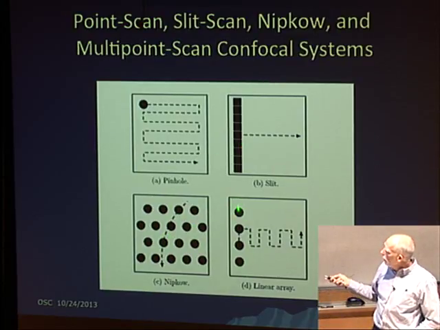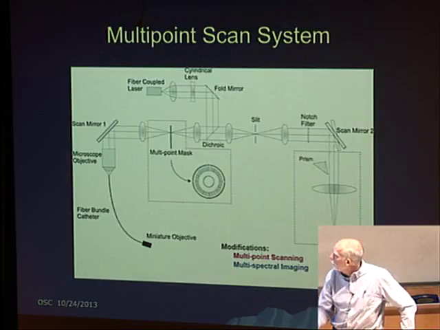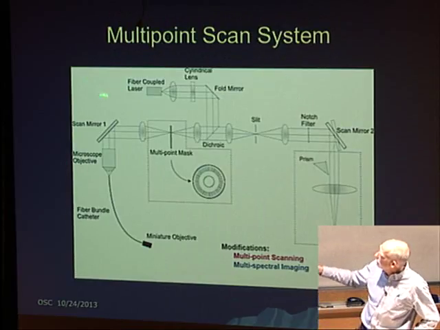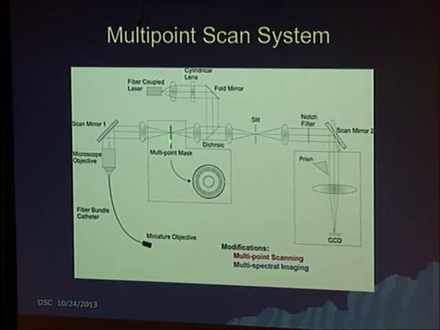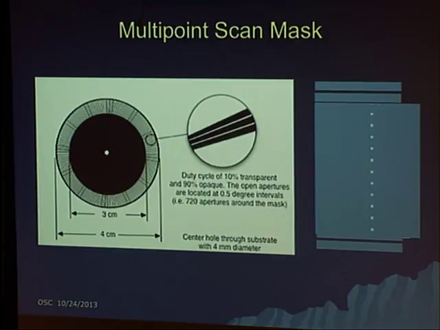So we've been looking at another approach that, rather than having a full slit, has a set of points in there, and that will scan in a different way. So it's the same system exactly, except all we do is put in a multi-point mask. What this looks like is a bunch of apertures in here, and this thing spins very rapidly. So one way to think about how this works is, here's that mask. It's got a duty cycle of about 10%, so it's only about 10% open. So if you put that in front of the slit, you get a set of points that are separated.